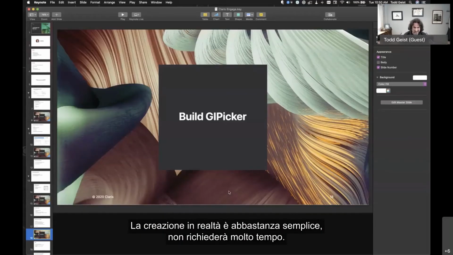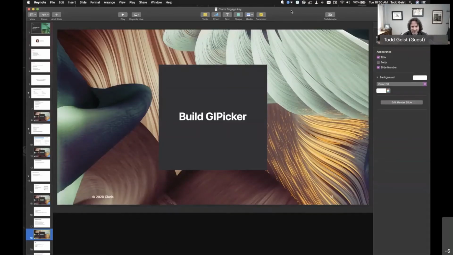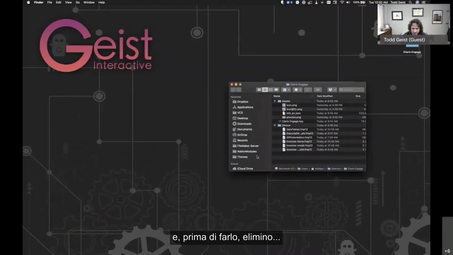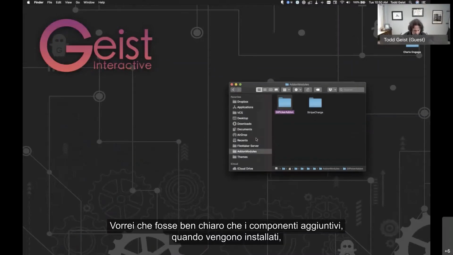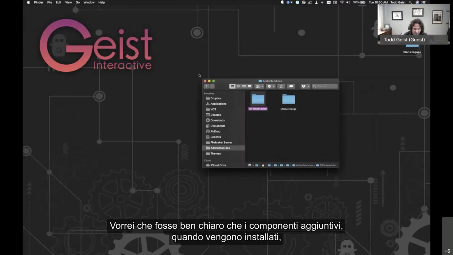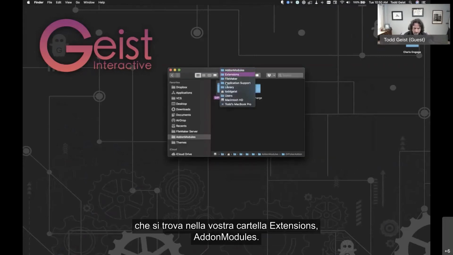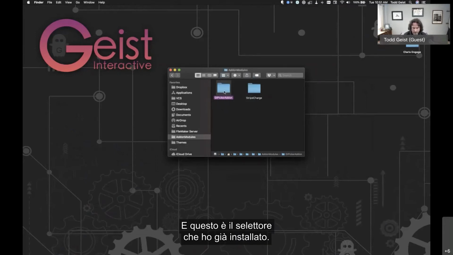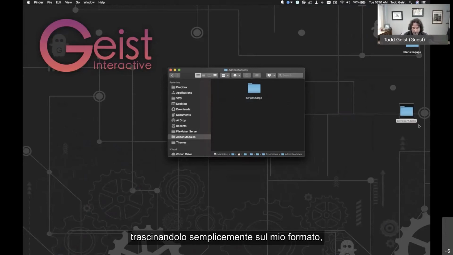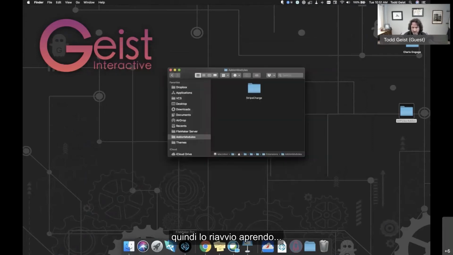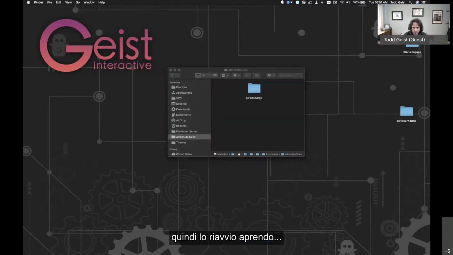Building's actually fairly easy, so this won't take very long. But I do want to point out the different things that happen here. And before I do, I want to point out that the add-ons, when they get installed currently, are going to end up in this folder, which is in your extensions folder, add-on modules. And that is the picker one that we've already got installed. So I'm going to remove that, just drop it out on my layout here, and I'm going to quit my FileMaker 19, and I'm going to reboot with